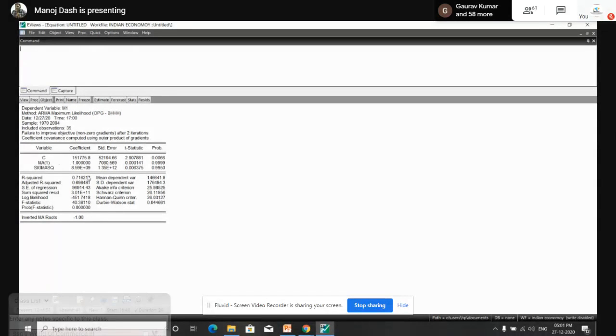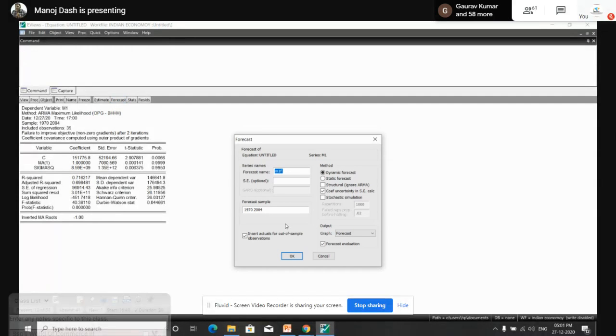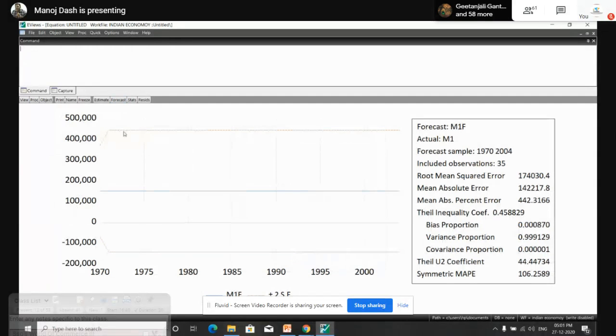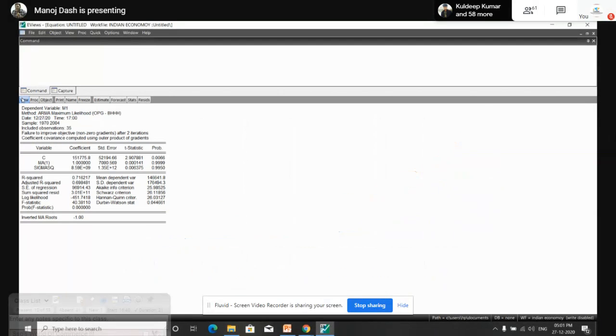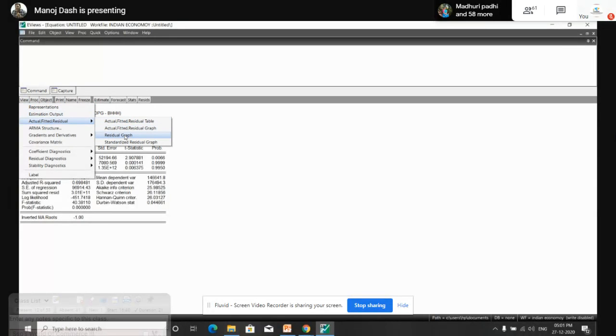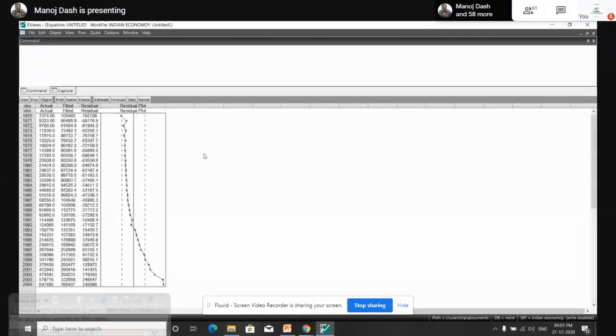But if you want to forecast also, see the forecast. This is your forecasting line. I want to see the residuals, and I see actual and fitted. This is actual and the green color is the fitted line, which is close to this. Clear? Yes, sir. Then if you go for estimation output, you can also find the actual, fitted, residual graph. You can also find the actual value, fitted value, residual value. So these you will require